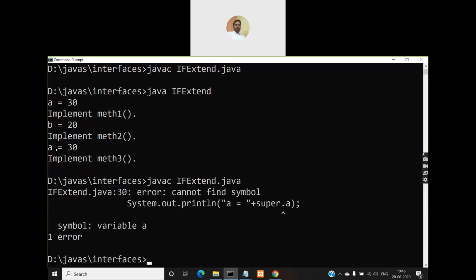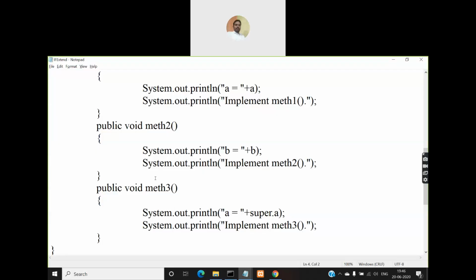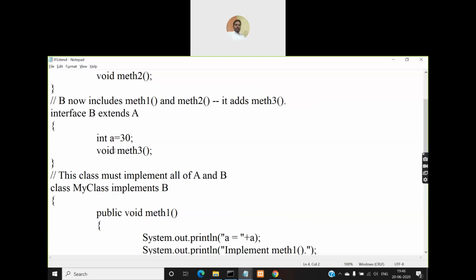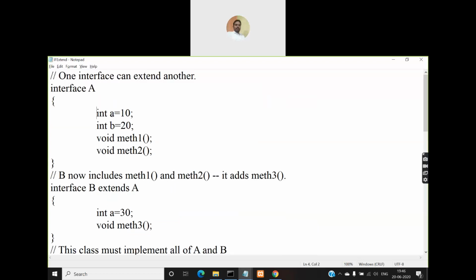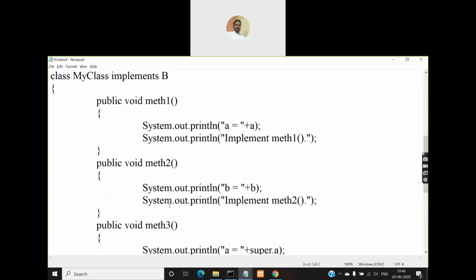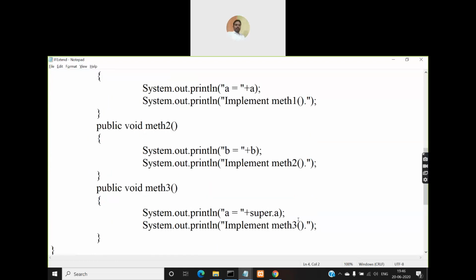In both cases you are getting the value 30, right? That means the subinterface variable a is hiding the superinterface variable a whose value is 10. So instead of 10 we are getting 30 in both cases. In one case you must get 10, but you're not getting that. And if you try to use super to access the hidden member of that interface, then also it is not going to work, right?